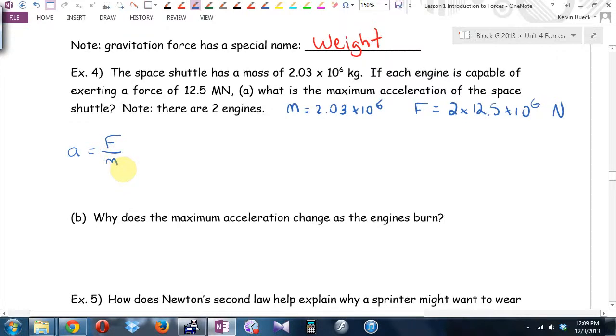These are the numbers right at ignition. I'm assuming you've all at least once on TV or in a movie seen a space shuttle launch or a rocket launch. So right when you see that big plume of smoke, these are the numbers. The force is going to be 2 times 12.5 times 10 to the 6th over 2.03 times 10 to the 6th